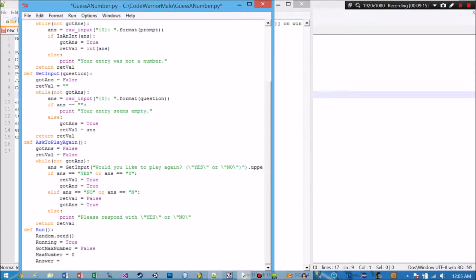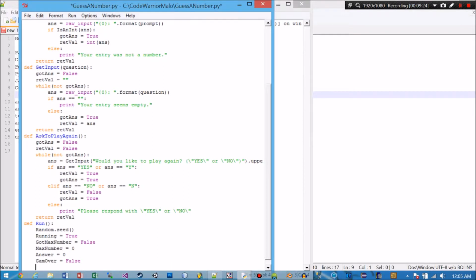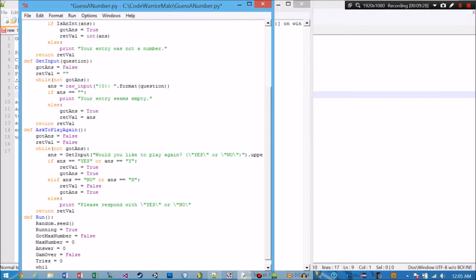Oops, no semicolons. Our game over to be false, and our tries to be 0. So now we're going to do a while. This is our main loop, right? We've done like 5 times already. So we're going to do